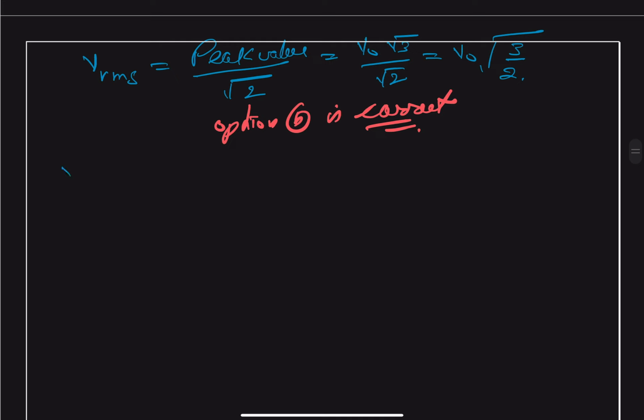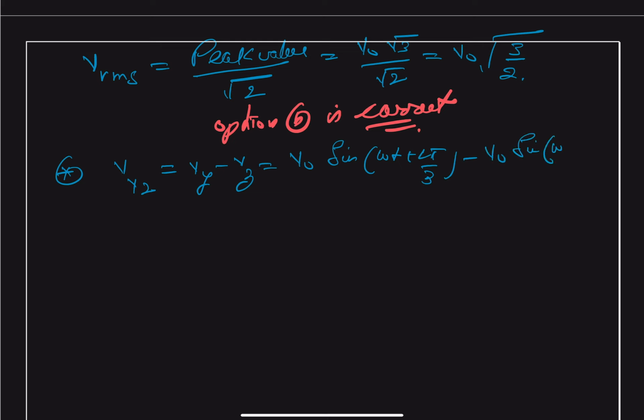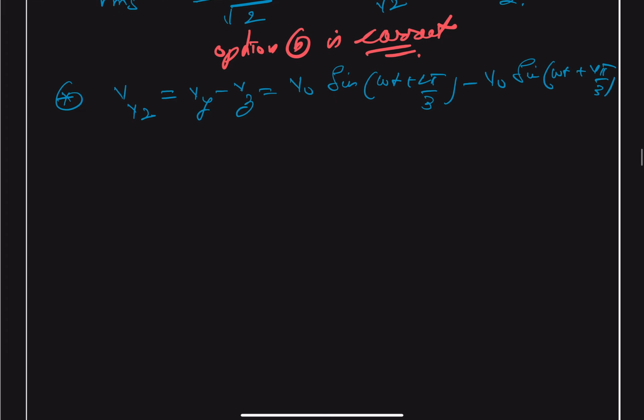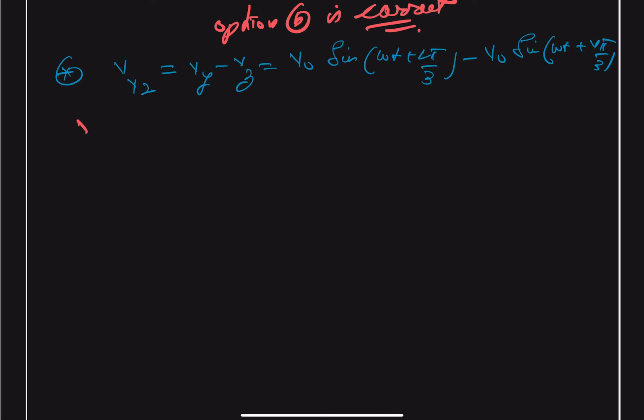Once again, same method, Vz is equal to Vy minus Vz. We substitute the value. This is our V0 sine of omega t plus 2 pi by 3 minus V0 sine of omega t plus 4 pi by 3. And we can just shortcut it now, and we are going to get this as Vz is equal to,